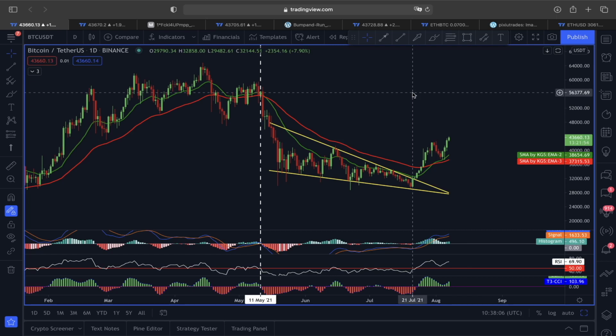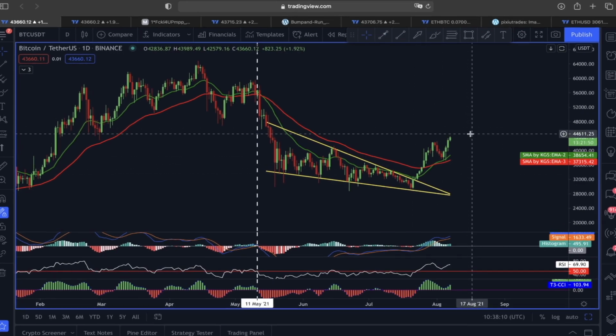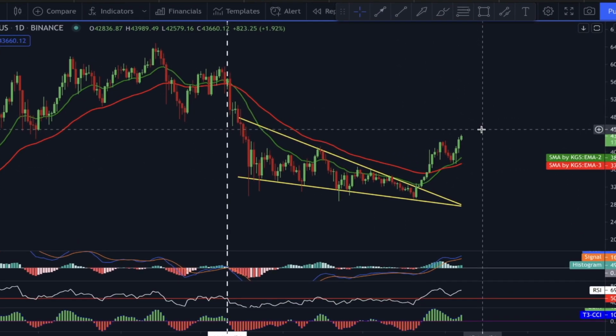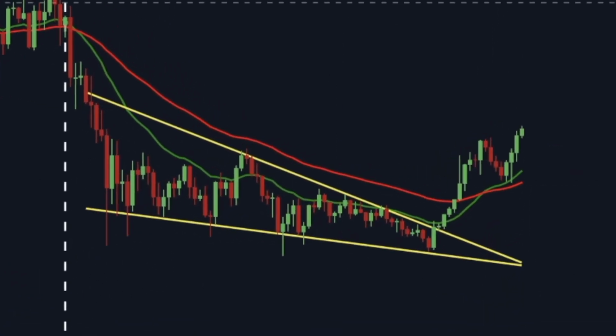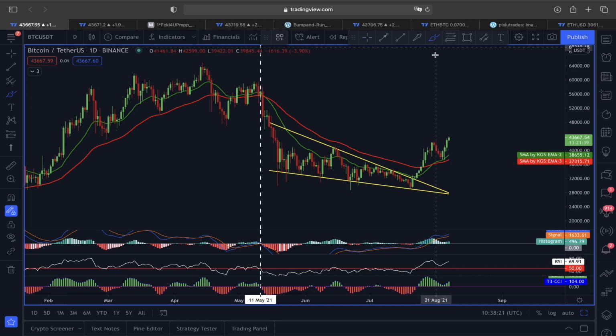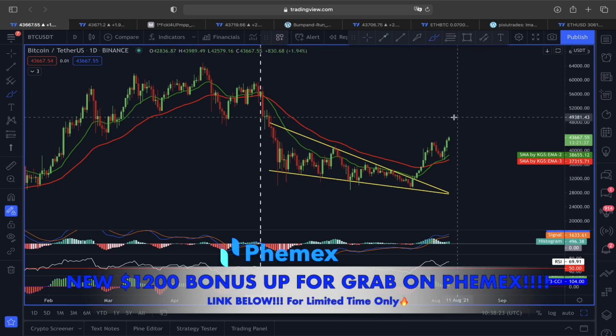So since the price of Bitcoin here in a daily time frame is clearly flashing us that the bulls are slowly taking control over the market, what kind of scenario should we expect playing out next for Bitcoin? Because if you look at this in a daily time frame, we were calling this exact scenario to happen for